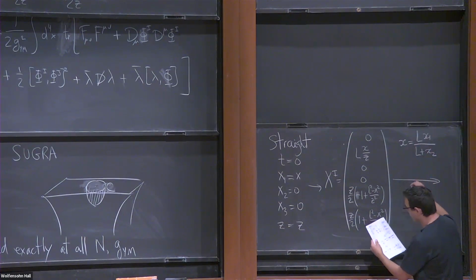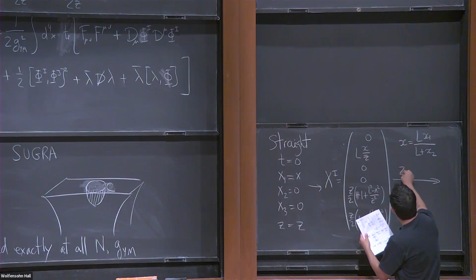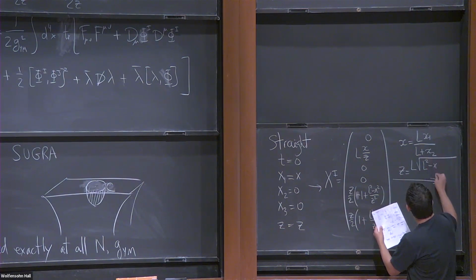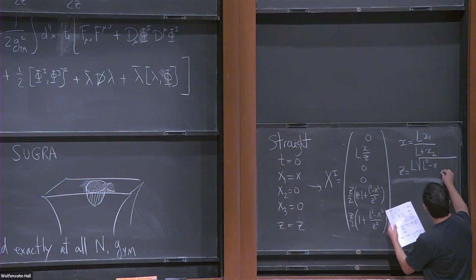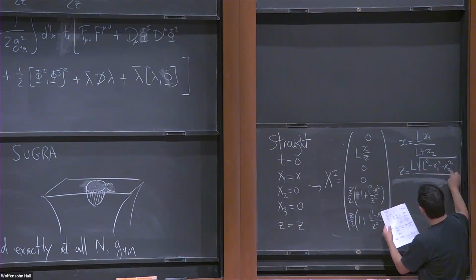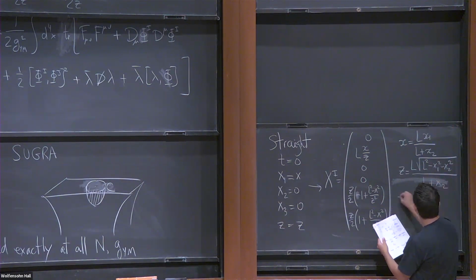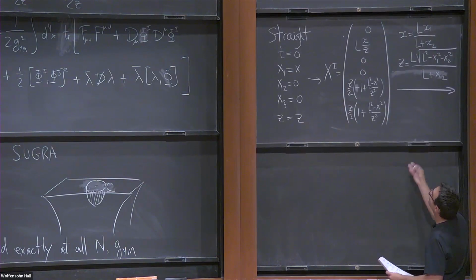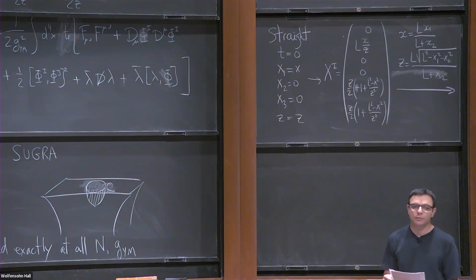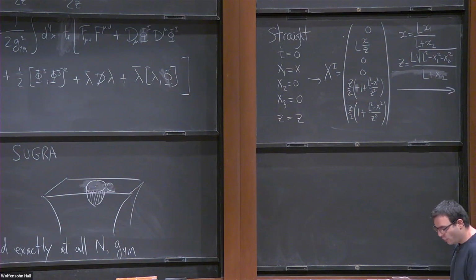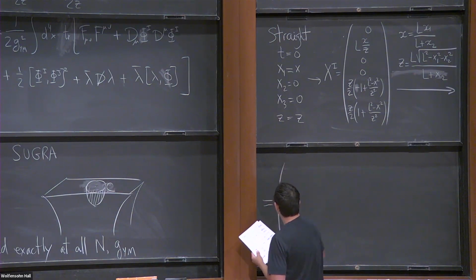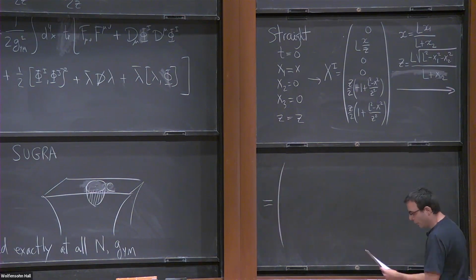So the coordinate transformation is done in steps. This is the first step. And then z is L times the square root of L squared minus x1 squared minus x2 squared, divided by L plus x2. So I'm just rewriting the two coordinates parameterizing the straight world sheet, x and z, in terms of two new coordinates, x1 and x2. It might seem like a funny rewriting, but you can check in Mathematica that after this rewriting, those embedding coordinates